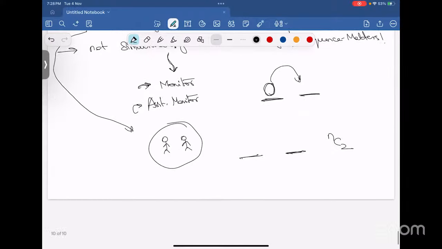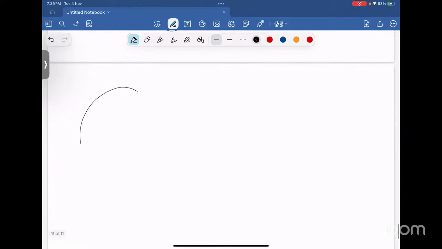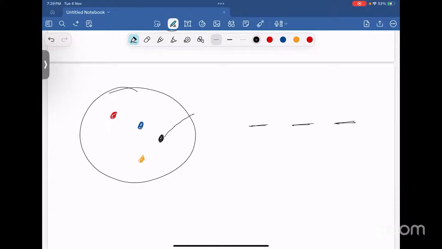Without replacement is where you have a larger group and you have certain places to fill. So you have some red, blue, yellow, black, something like this, and you want to put them in these places. Okay. So if I say you can only put one ball in each place,